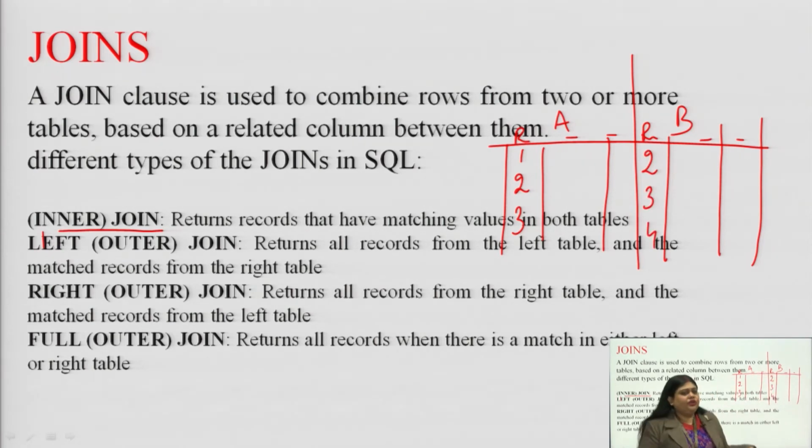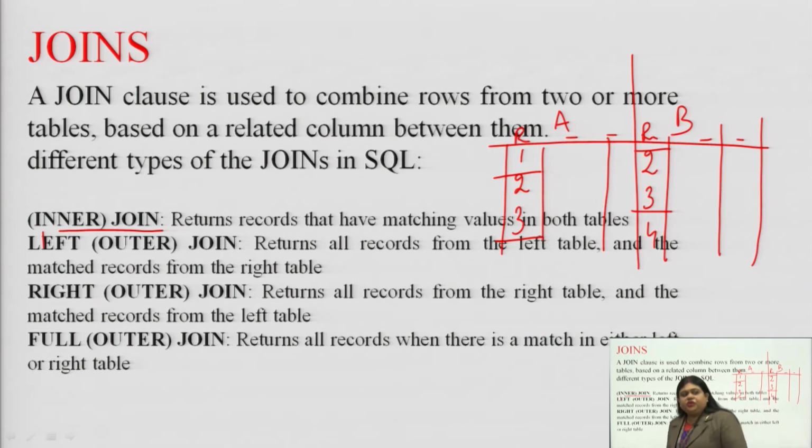If we use the inner join, what output are we going to get? We are going to get only those tuples where a perfect match takes place. So, we will get 2 and 3 as the output, because roll numbers 2 and 3 are available in both the tables, right. So, this is how the inner join works. If we join these two tables, we will have 2 and 3, and the rest of the values can be different, right.